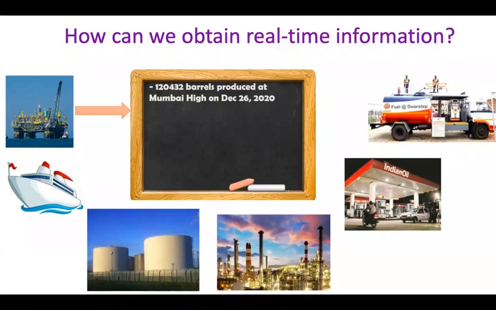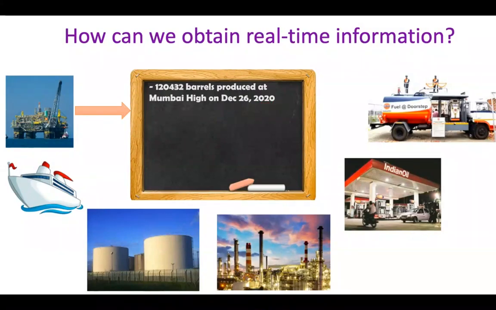So how it maintains that, right from the crude oil, it will say that 120432 barrels of production at the Mumbai highway, or in the Dallas, or in the Houston, or somewhere, that information on date and year is maintained. So then